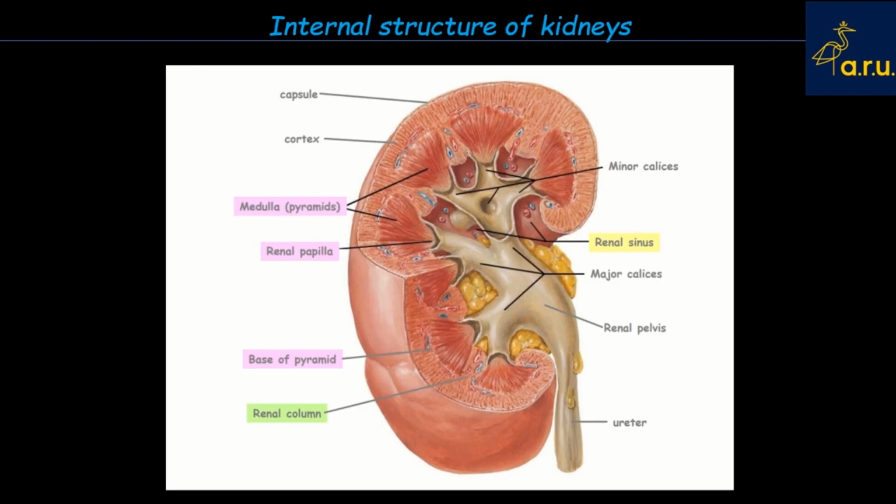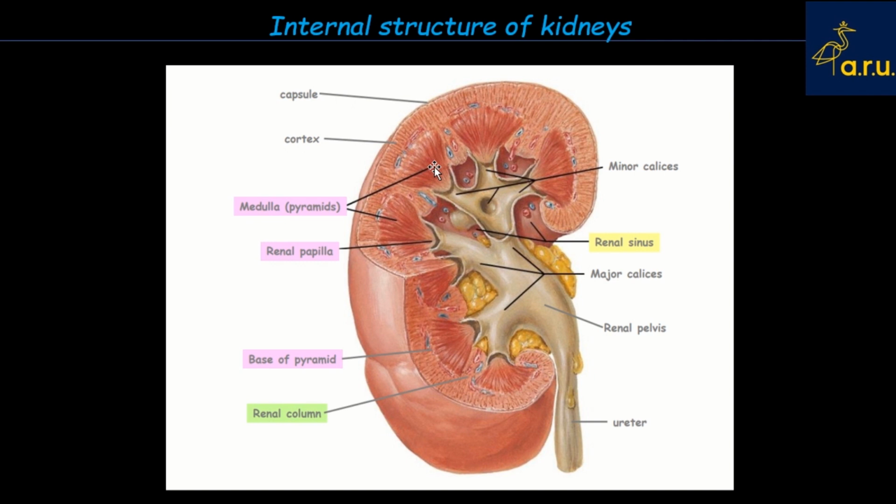Now here you are looking at a cut section taken through the right kidney. You can probably appreciate that the kidney tissue can be divided into an outer lighter region, which is known as the renal cortex, and an inner relatively darker region, which is known as the renal medulla. The medulla is characterized by these pyramid-like structures, known as the renal pyramids, and the renal pyramids are separated from each other by renal columns, which